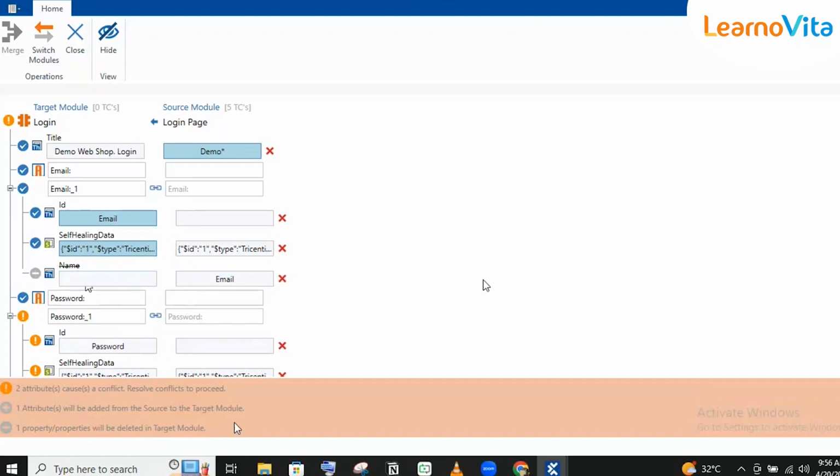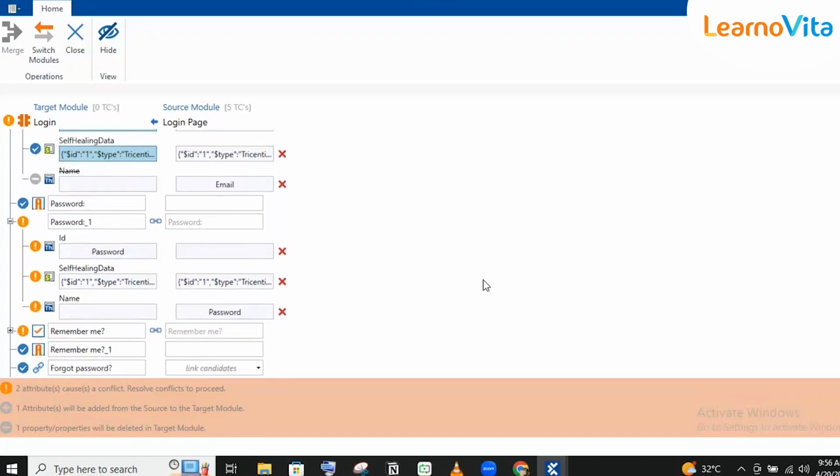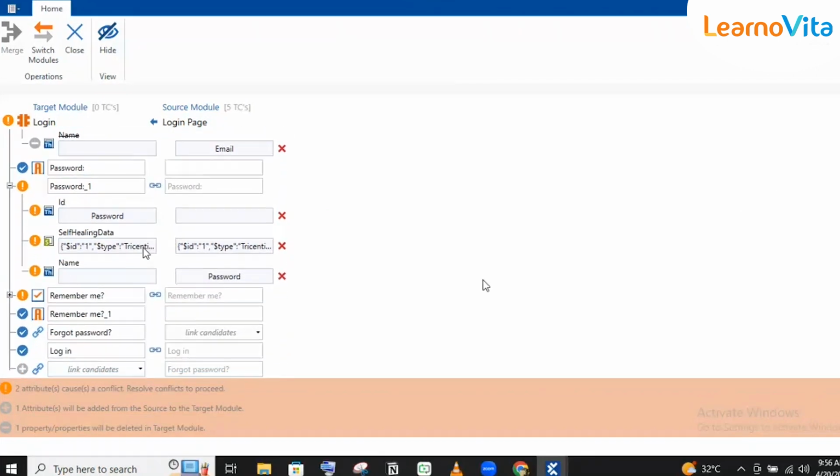In the same way for password, I'm again selecting the self-healing data from the target module, and for ID, again here I have ID and name. So I'll go with password and name. I don't want that property. And remember me,